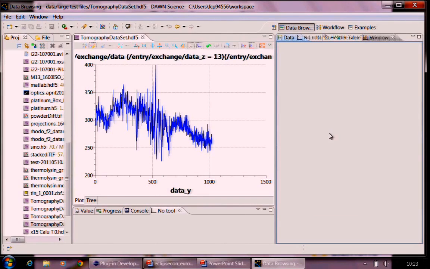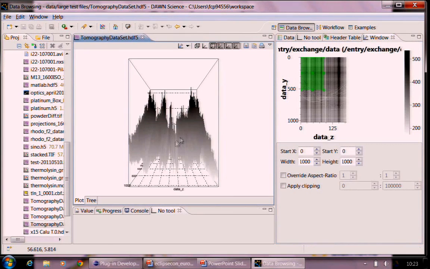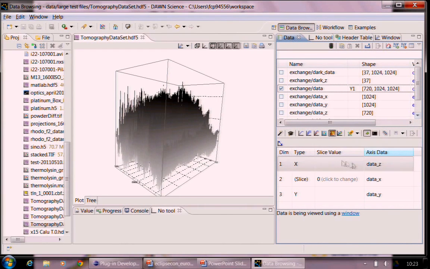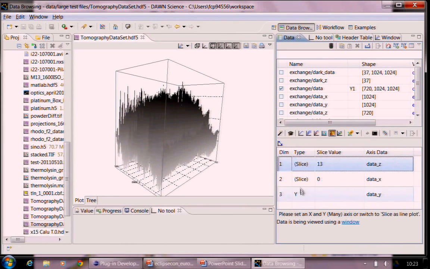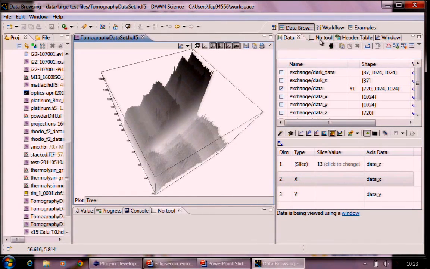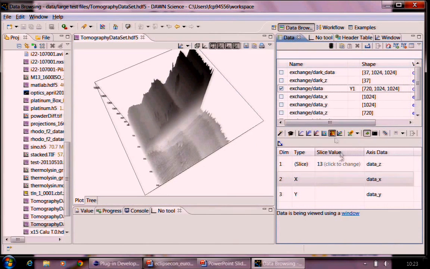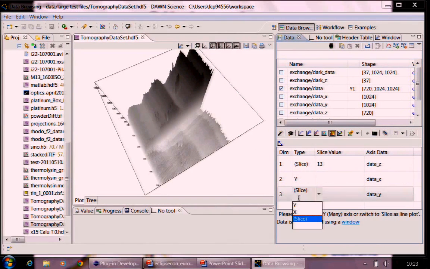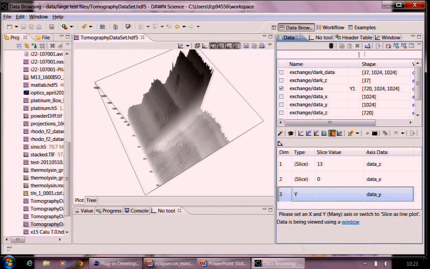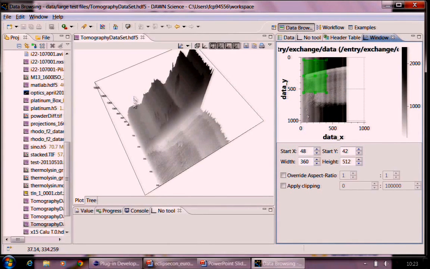You can do various different slicing, and you can do 3D stuff once JReality loads. I've done it along a bad axis, that's why. So let me do it along a more sensible axis, and it'll be a bit faster. And what I will do is just change Y and X round. Okay, so,